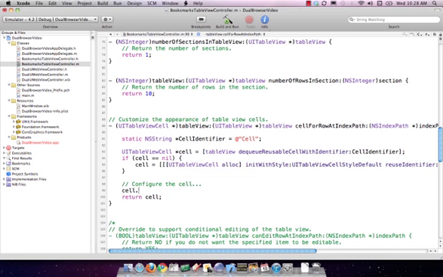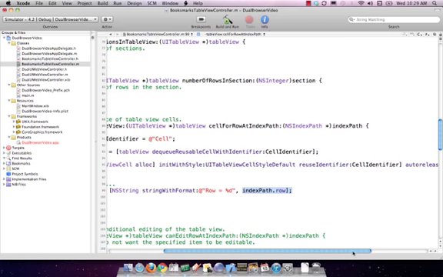And then this step isn't required, but it'll make it a lot more interesting. Let's go ahead and put some text into the UI table view cell. The text we're going to put in is very similar to what we did with the picker. We're just going to drop in a little row equals %d,